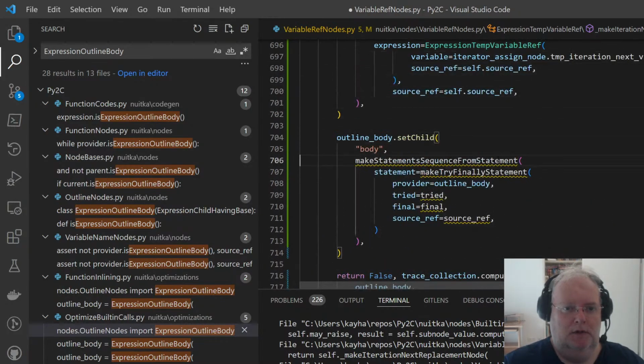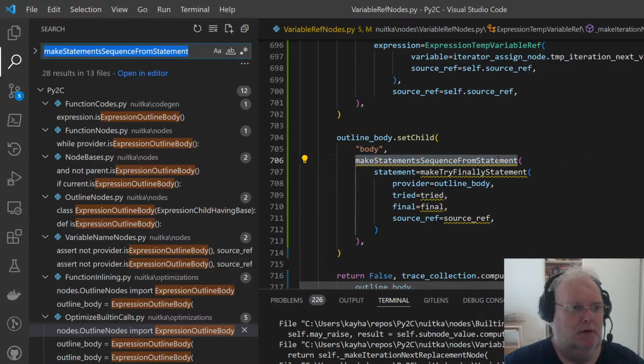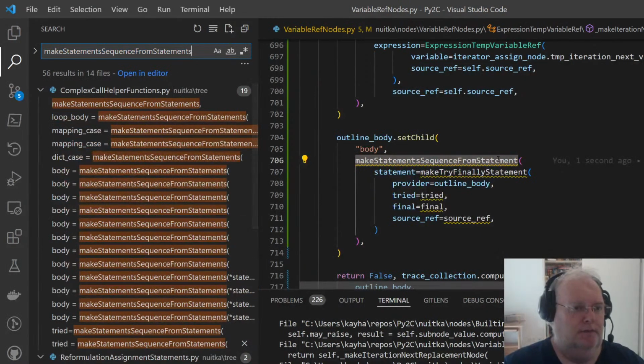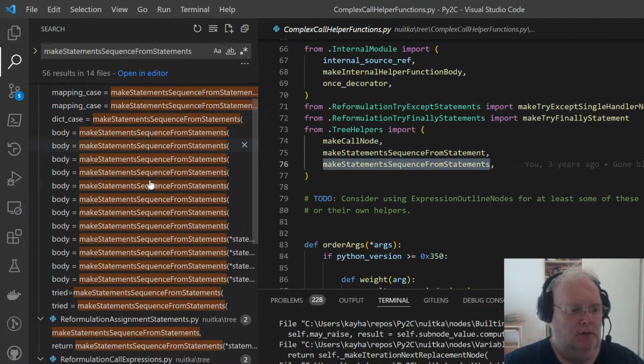Okay, make statement sequence from statement. So I'm not doing that, but make statement sequence from statements, I think a thing. It's coming from tree helpers.